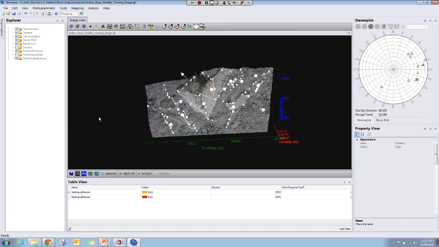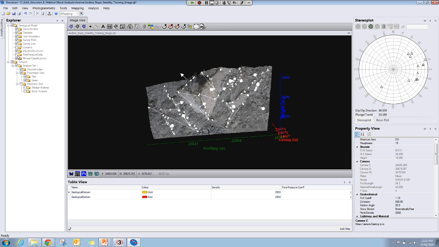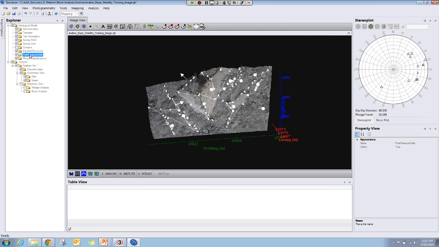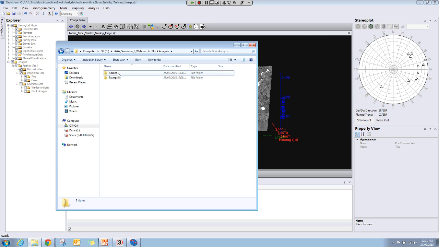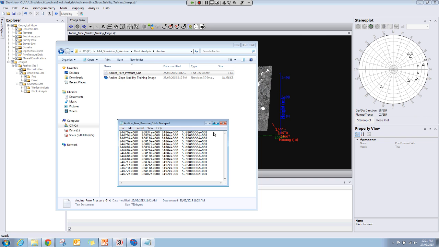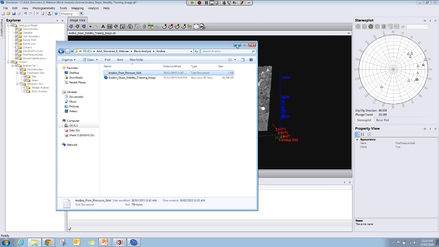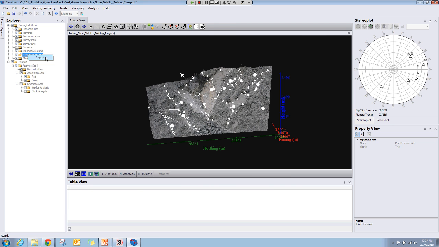The second thing that we can import is pore pressure grids. At the moment, these are basic pore pressure grids as a text file. And I'll just open one up here. And these are very simple. It's just 4 columns of easting, northing, height, and the pore pressure in pascals. So this is just a grid, a sample grid of pore pressure measurements at this particular site. So we can import these,